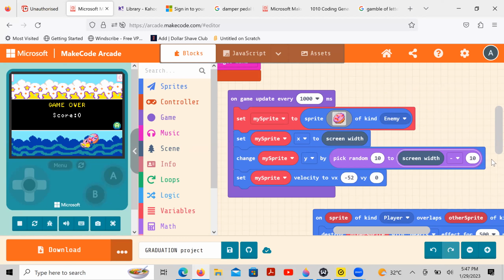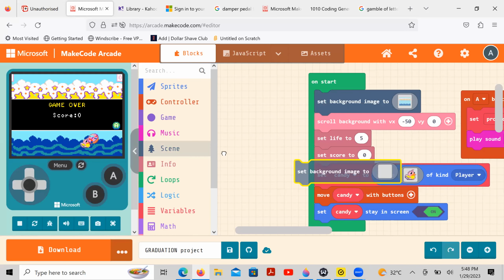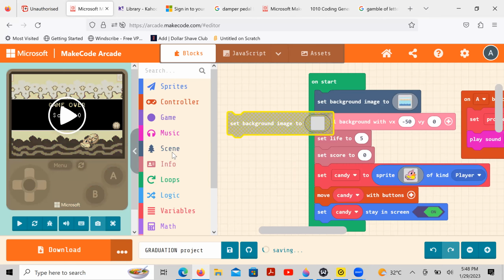Yes. The first thing I did was go to Scene to pick out what my background would look like. I went to Scene and picked out set background image and placed it in. Then I went to editing and drew my background. The next thing I did was